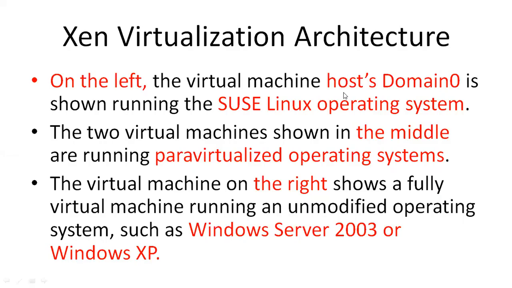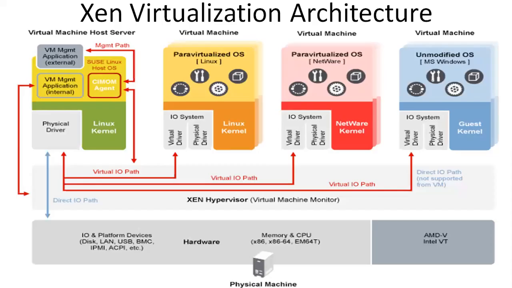Two virtual machines shown in the middle are running the para virtualized operating system. If you see the diagram, the right hand side virtual machine depends upon